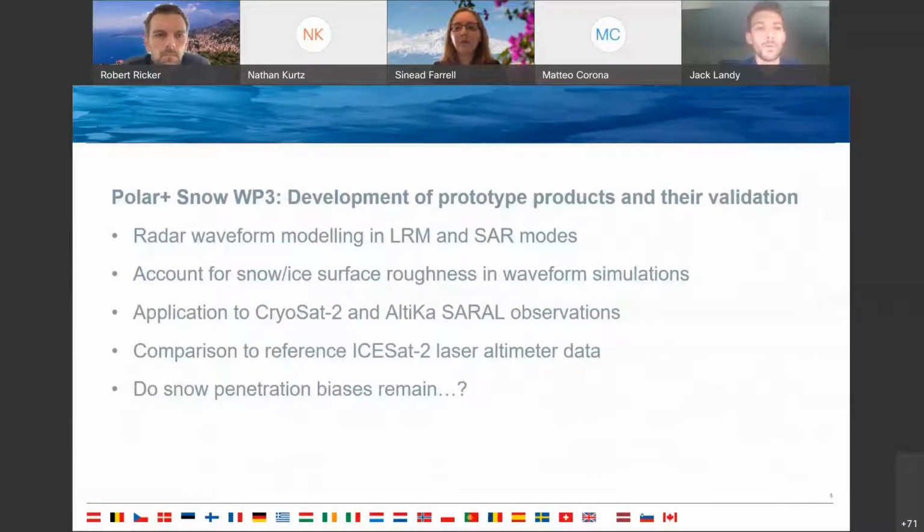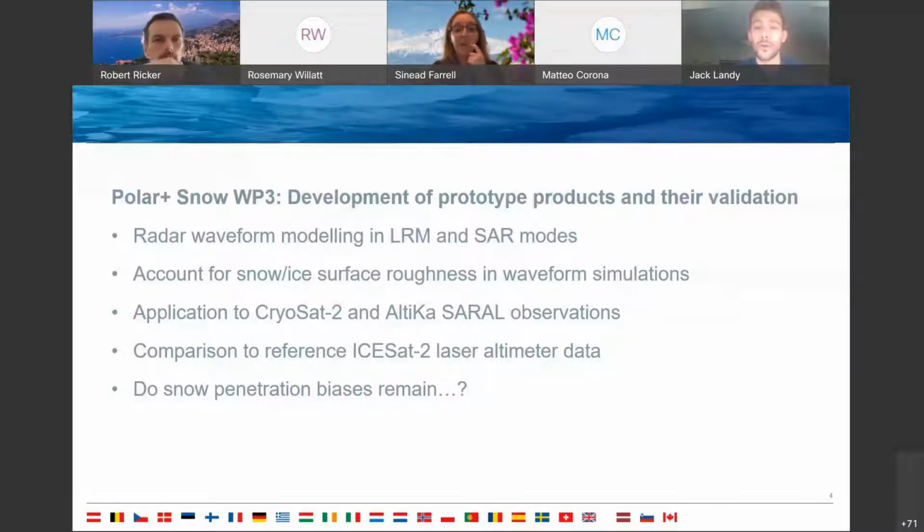So in the course of Polar Plus snow on sea ice, one of the work packages we want to develop is prototype products and to validate them. And some of the work that I've been leading here is to apply physical radar waveform modeling to these two sensors, CryoSat-2 and Antarctica, in LRM and SAR modes. And by doing this, we want to see whether the waveform simulations themselves might be able to account for some of the snow-ice surface roughness biases or issues, so that we don't have to then calibrate them or correct for them afterwards. So we've applied this to CryoSat-2 and to Antarctica, and then compared to IceSat-2 total freeboard estimates